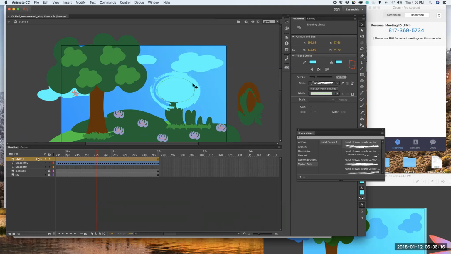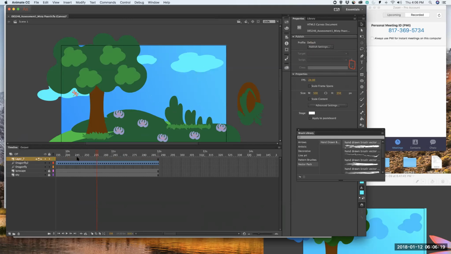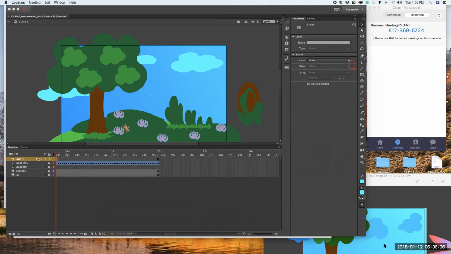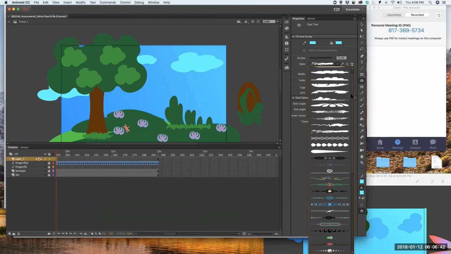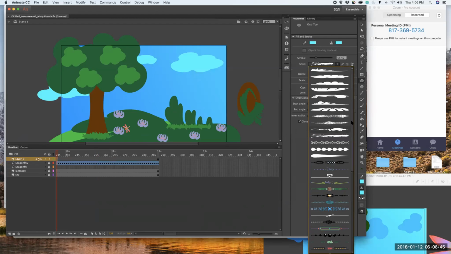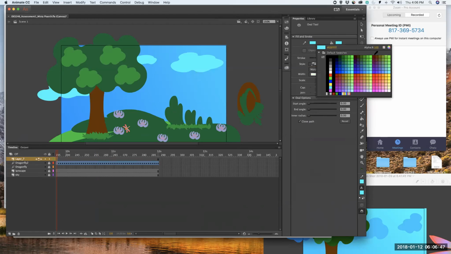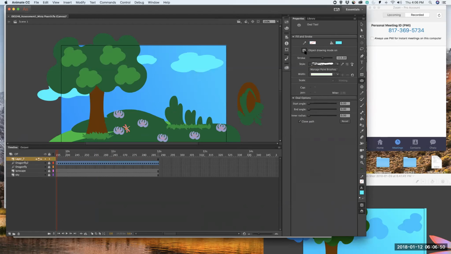And if you want to make a shape out of something, let me make sure I lock my other layers here. If you do not start in object drawing mode, you're off. Let me pull this out of the way, but you do not start in object drawing mode. So if I click on my circle, and let's go back. I want to turn my stroke off. See right here, I'm in object drawing mode. That's what that says right there. If I turn this off,